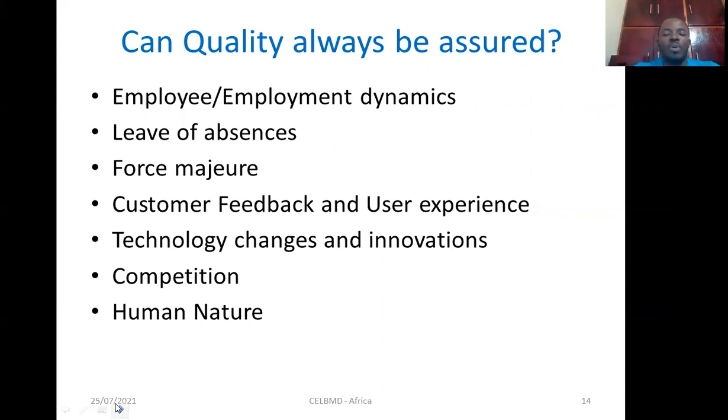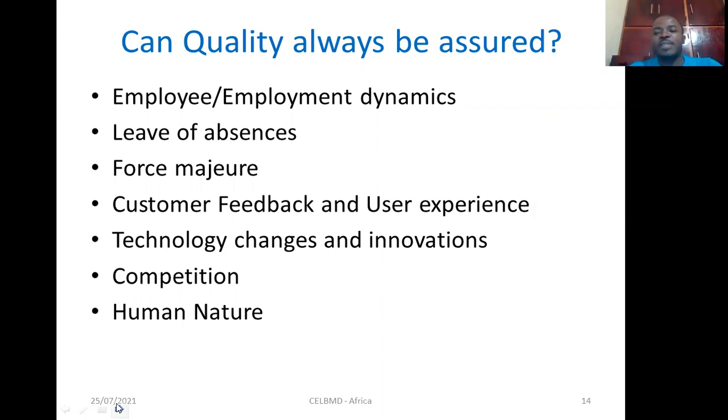The same holds for leave of absences. When employees take continuous absences, there is no way to assure that the employee that sits in for the one that is absent will be able to deliver the task in the manner that they did. Force majeure, for example, accidents, death of employees, sudden closures or suspensions or change of administrations or managements, even closures, amalgamations, expansions, etc., that warrant massive recruitment.